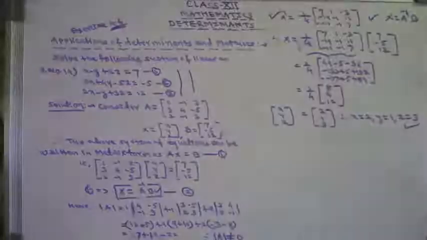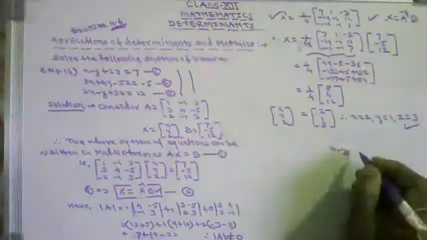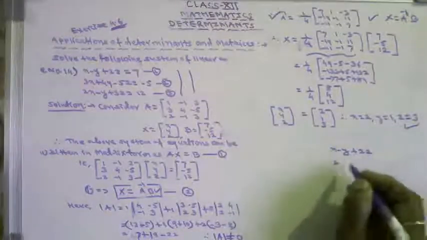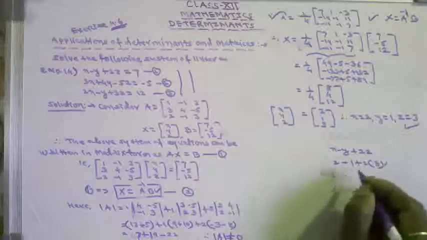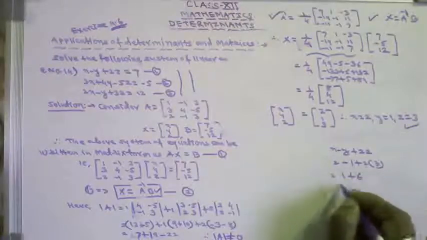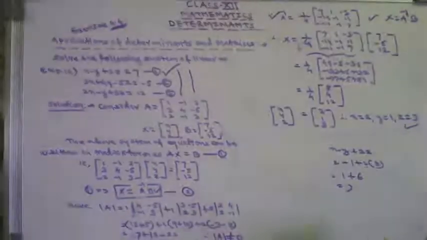So students, you put the values of 2, 1, 3 in any equation and check whether these satisfy the equations or not. If they satisfy, it means our answer is correct. Just for verification, we can do it in rough also. x minus y plus 2z should be 7. So x is 2, minus y is 1, plus 2 into z, z is 3, that is 1 plus 2 into 3, that is 6, which comes to 7. Means these values are satisfying equation number 1. So it means our answer is correct.